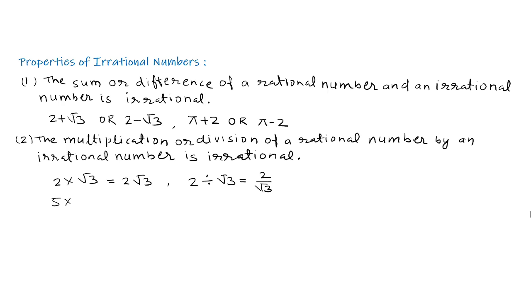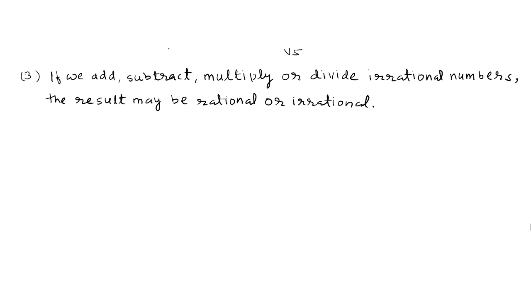5 multiplied by root 7 equal to 5 root 7. 5 is a rational number, root 7 is an irrational number, and their product 5 root 7 is irrational. 3 divided by root 5 equal to 3 upon root 5. 3 is a rational number, root 5 is an irrational number, and their division 3 upon root 5 is irrational. Property 3. If we add,